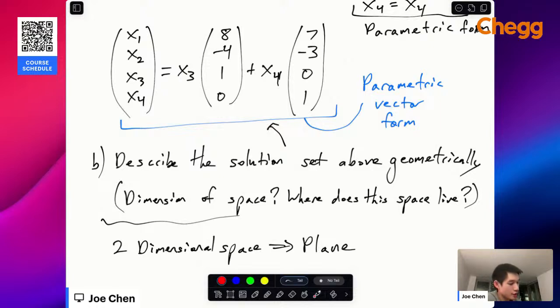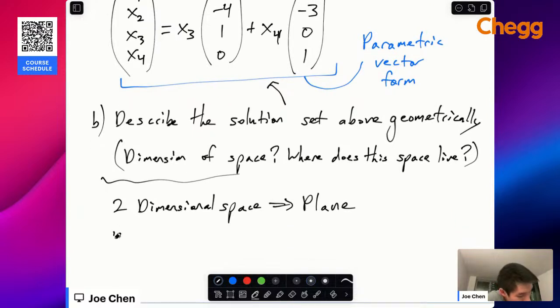So in this case, a single vector will look like this, and I need to count how many entries there are in here. And okay, there's 4. So that means it lives in R4. So 4 entries in the vector